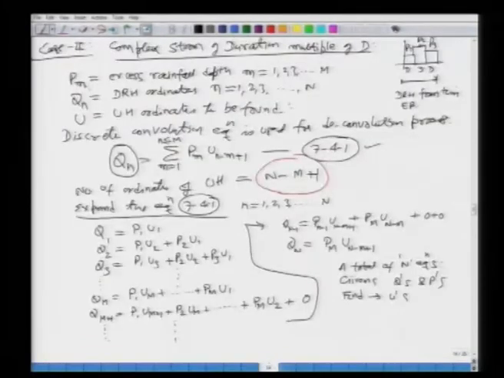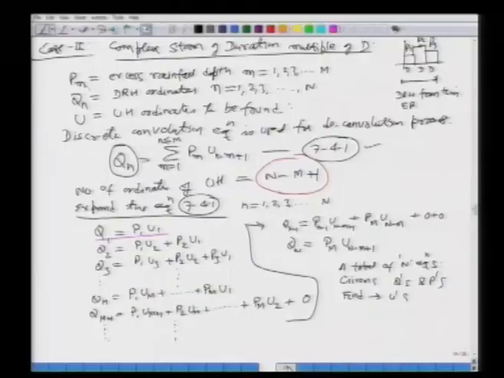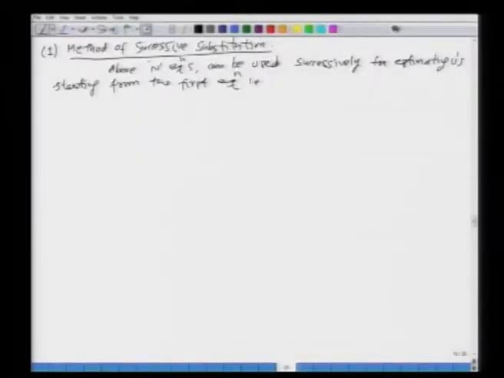If you go back, the first equation is this one, which says q1 is equal to p1 u1. What are the knowns? What are the unknowns in this? Well, q1 and p1 are known, the only thing unknown is u1. So, can we calculate the value of u1, that is the first unit hydrograph ordinate? Sure, it is very simple. u1 is going to be equal to q1 over p1.